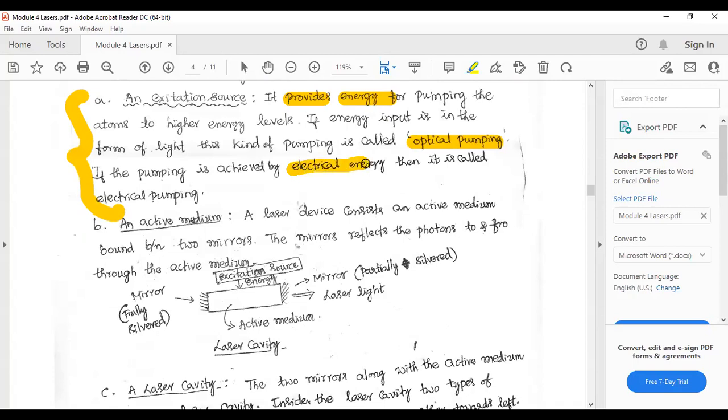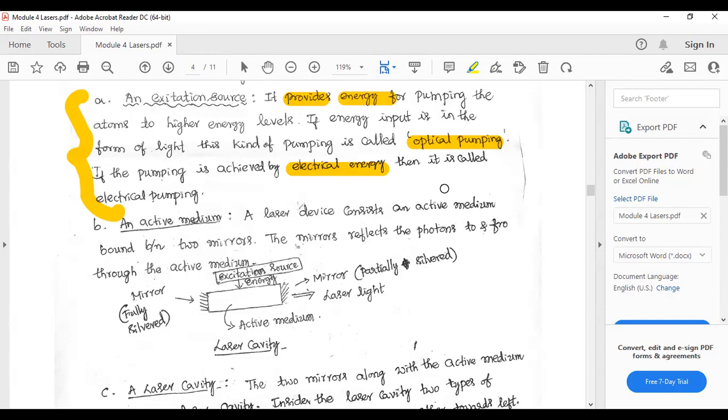And in electrical pumping, they just connect an anode and a cathode into the laser cavity, and they will apply very high voltage. When you apply very high voltage, the electrons from the cathode start to move towards the anode. While moving towards the anode, they will hit these carbon dioxide molecules, and the carbon dioxide molecule will be excited. That is the meaning of electrical pumping. You can use either a photon source, or you can directly excite the atoms using current, electricity.